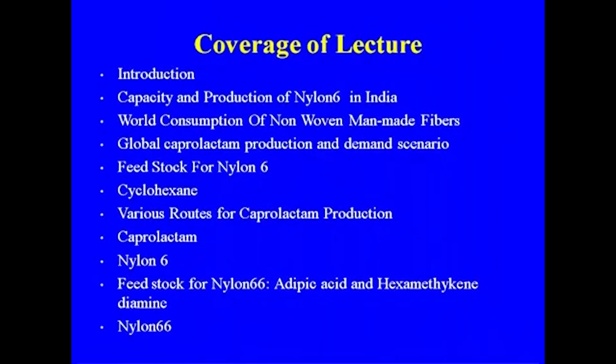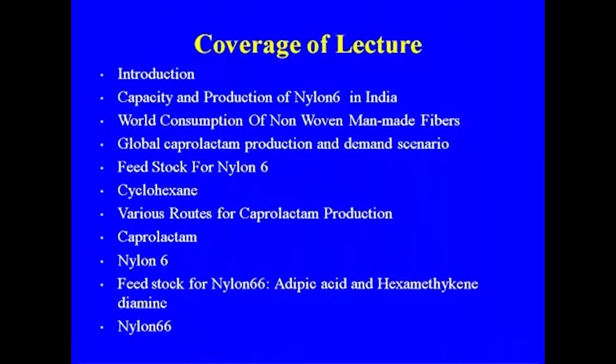synthetic fibers. The coverage of the lecture will be the introduction, capacity and production of nylon 6 in India, because we are not making nylon 66, mostly it is nylon 6 that is available. What is the consumption of non-woven man-made fibers, and what is the percentage of nylon 6 and nylons, because we have different types of nylon: nylon 6, nylon 66, nylon 12, nylon 13, like that. Then global caprolactam production and the demand scenario, and feedstock for nylon 6 and cyclohexane, because cyclohexane is the starting